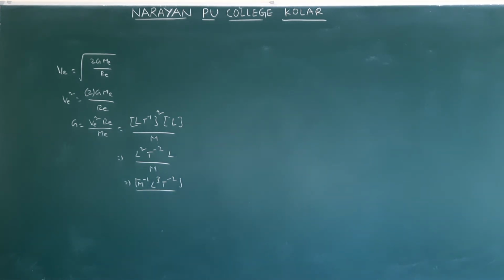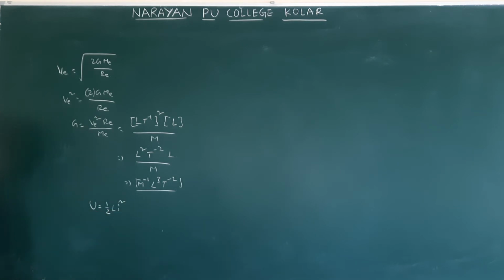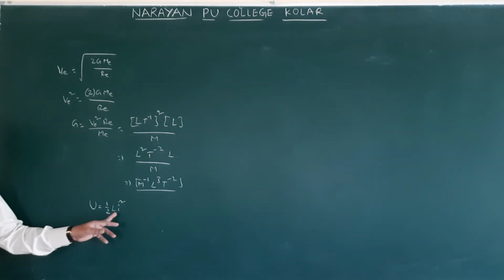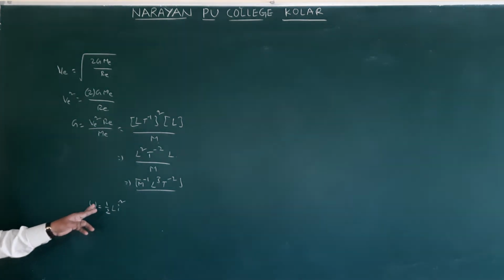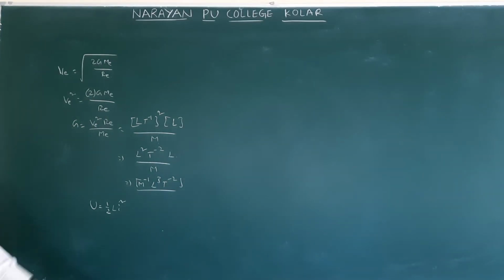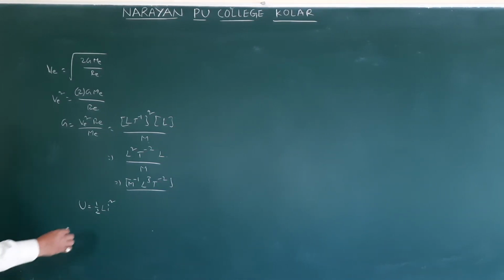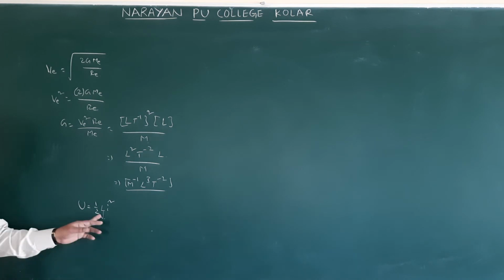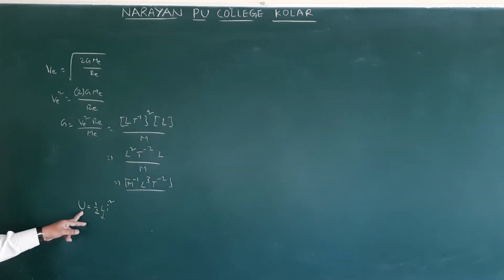Next, sixth one also you don't know the equation. The energy stored in magnetic field is given by U is equal to half L i square. But why I am discussing this one means, this U means here energy. So, energy dimension formula already you came to know. What is the energy dimension formula? M L square T to the power minus 2. But they are asking dimensions of L. This L, you don't know, this one will be coming in second PU lesson. But why I give now means this U is they gave energy.